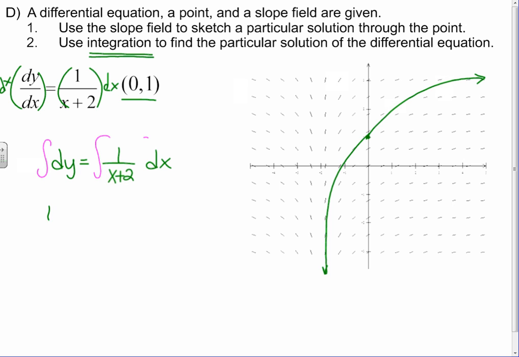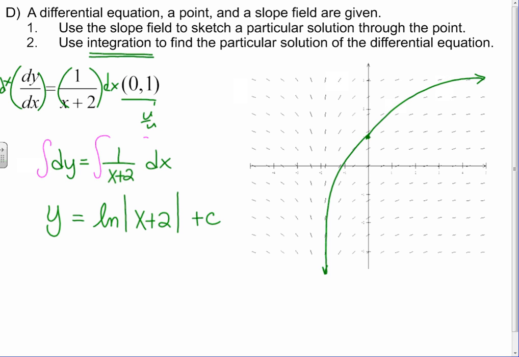So this will turn out to be y. And over here, the integral will be natural log absolute value of x plus 2 plus c. And I knew this because it looks like the pattern u prime over u, doesn't it? The derivative of the bottom would be just a 1,